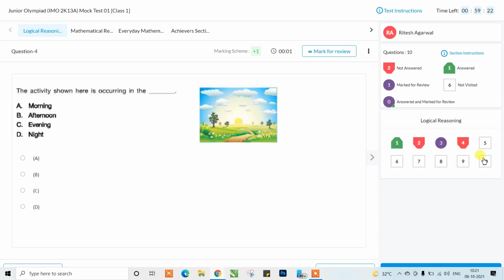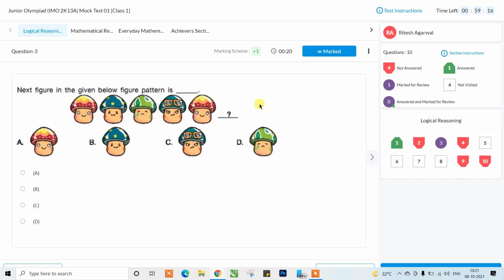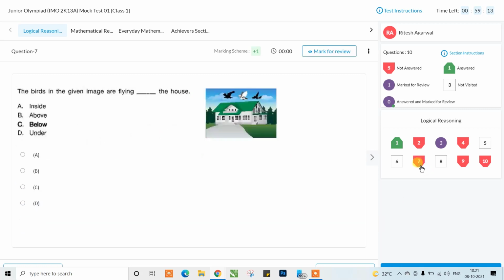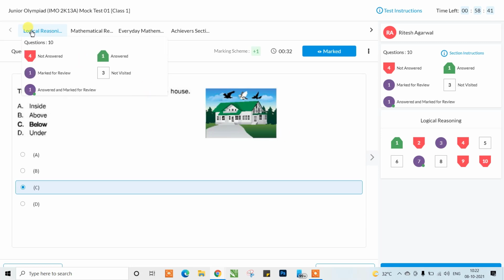So from here, this color coding, you can see after giving the test. Okay, you have marked this blue, so you can come back to this and check it again. That you can do after marking the option also. Suppose in this question you find your answer is coming C. Now if you are having some doubt in this, after marking this you can mark for review also. So it's showing this blue circle with a red dot. That means you have marked the answer, but you want to review it at the end if you get some time for that. And if you won't be able to review it, then this answer will be taken as your final submission.